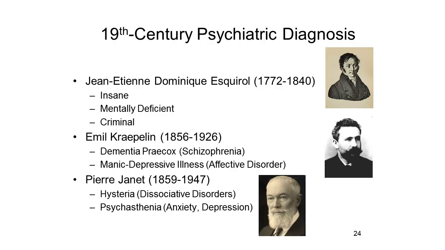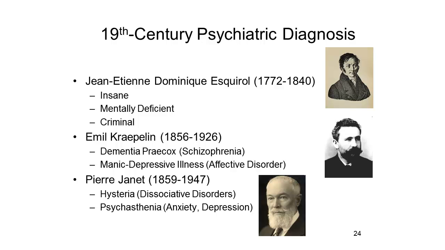criminals. In the latter part of the 19th century, Emil Kraepelin, a Swiss psychiatrist, distinguished between two different forms of psychosis, what he called dementia praecox, what we now recognize as schizophrenia, and manic depressive illness, basically the major affective disorders. And a little bit later in the 19th century, Pierre Janet, a French psychiatrist, did the same thing for the neuroses, distinguishing between hysteria, on the one hand, and psychasthenia. Hysteria essentially being the dissociative disorders as I described them earlier, and psychasthenia being the rest of the neuroses where